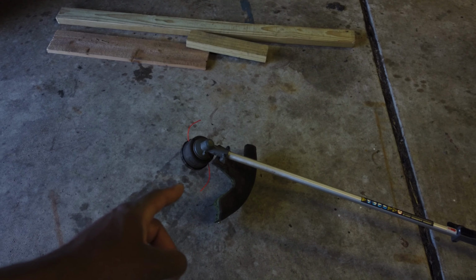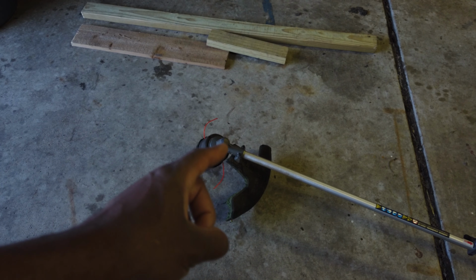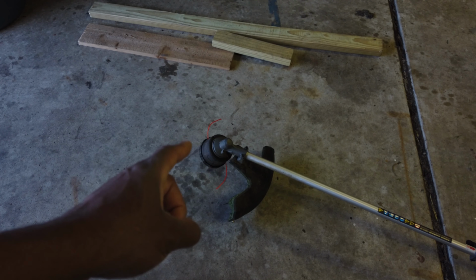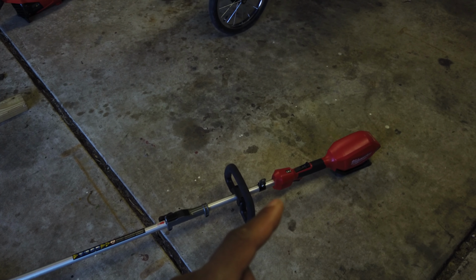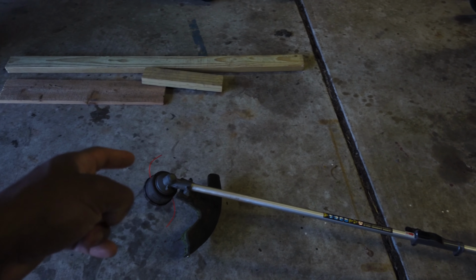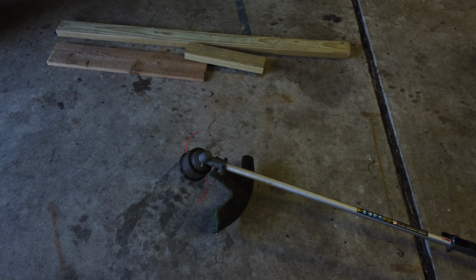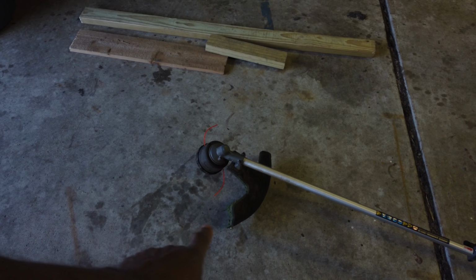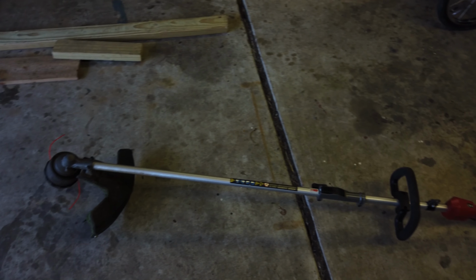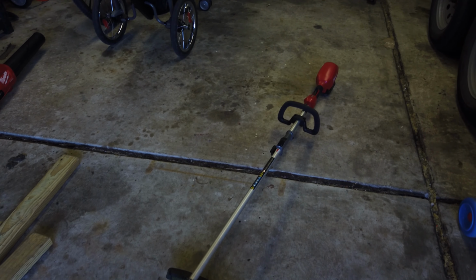It is okay for a backup trimmer that you only have to use if you had this on your truck and you weren't trimming with it professionally, but you had to trim something, like if you were on a landscaping crew or construction type crew or whatever, and there might be some brush or something to cut, this would be a decent enough attachment for that. If you're a homeowner and you're in the Milwaukee tool line